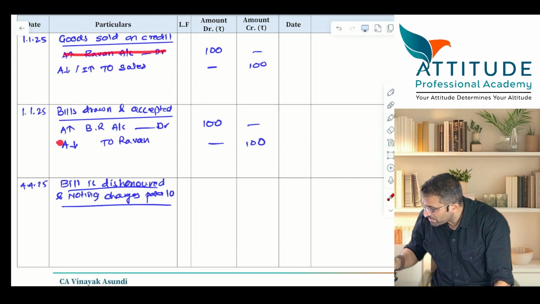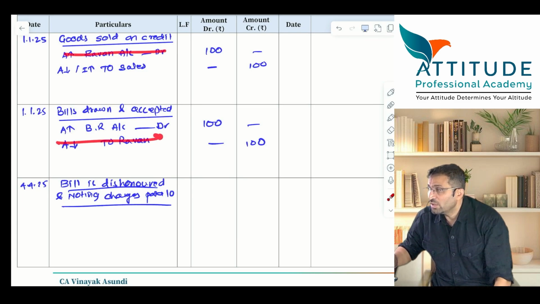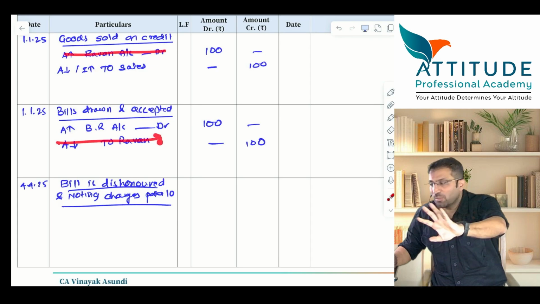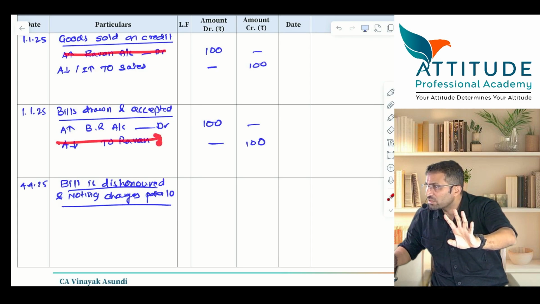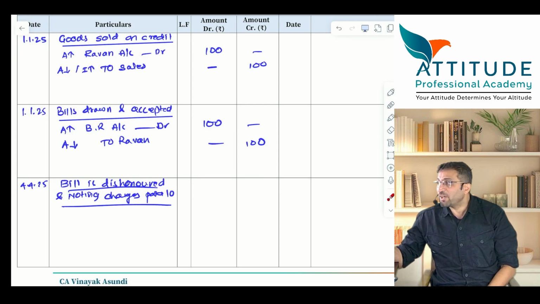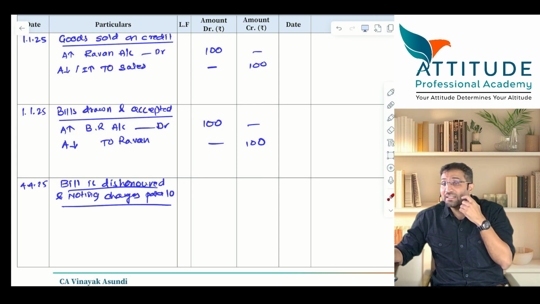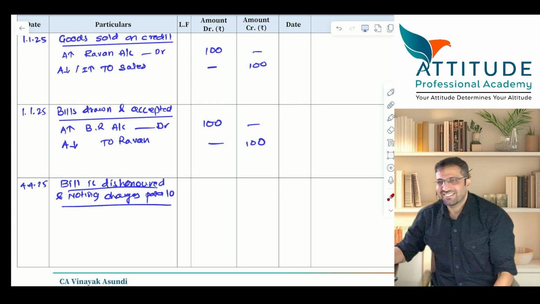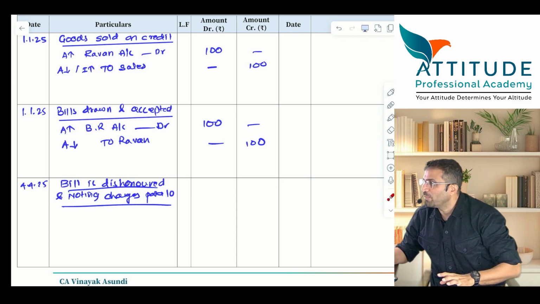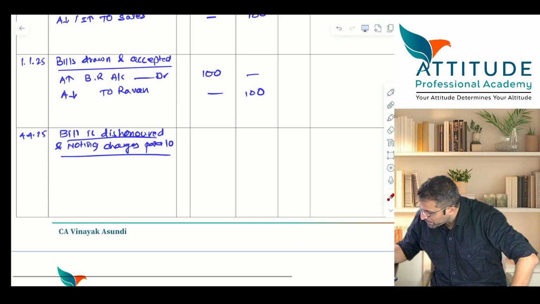Ravan account is already closed. Hello? In your books my account is already closed. You are Ram, I am Ravan. In your books my account is already closed. Now tell me, what will you do? What will you say? You will say again, paise ene from Ravan. How much paise ene? 100 or 110? 110. Because you have paid that 10 rupees to the notary public, you will recover it from whom? Ravan. So tell me the entry.